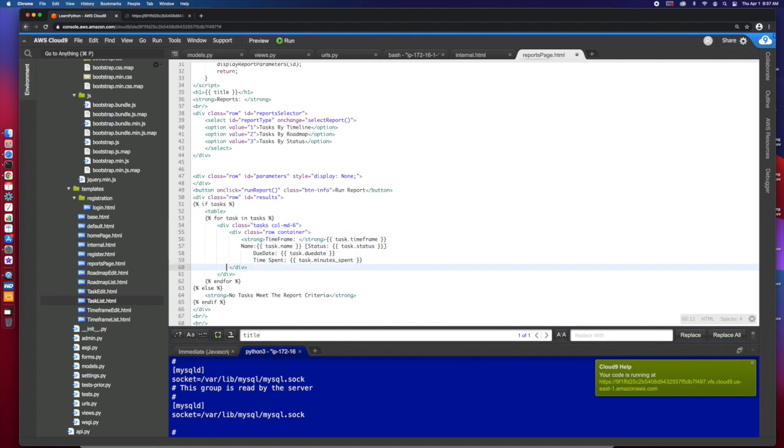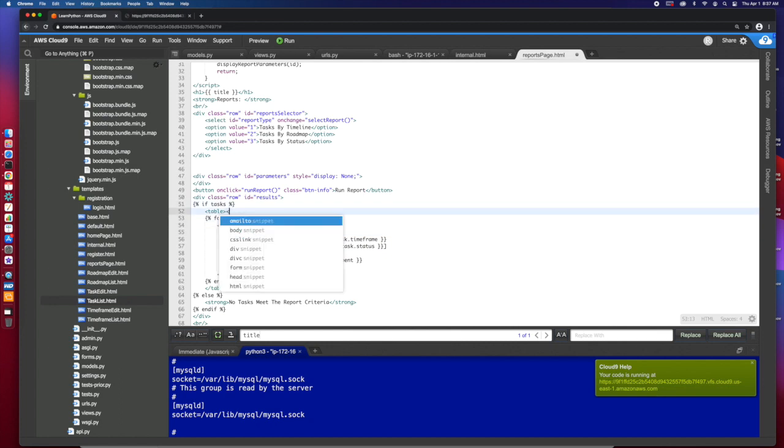So we're going to swing through here. There we go. So there's our table. First thing we're going to do is create some headers. So we're going to have a header row, let's call it the time frame. This is going to make stuff just a little bit easier for us to deal with. So we're going to do a time frame, a name,